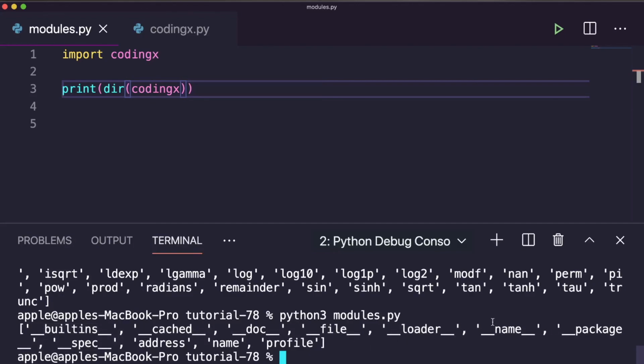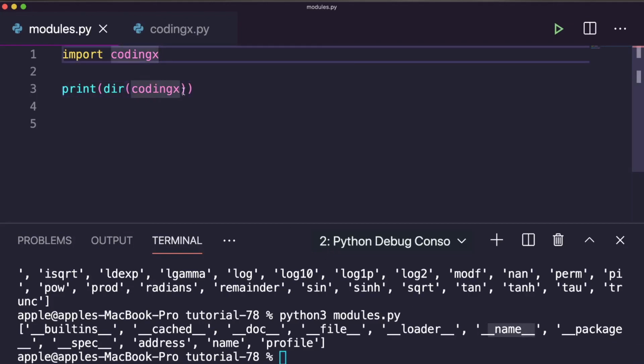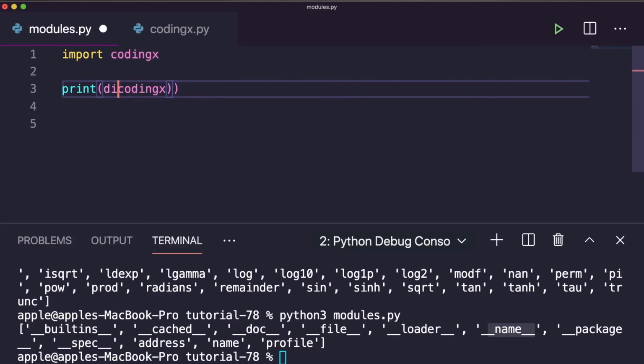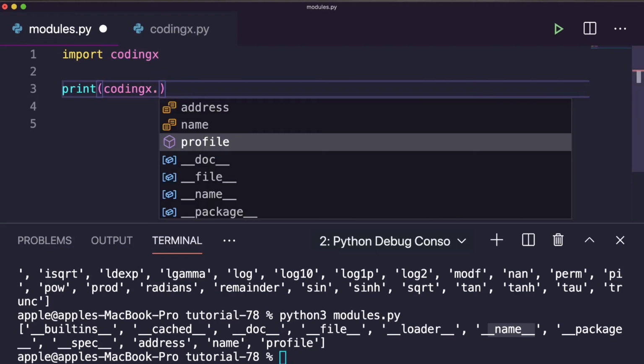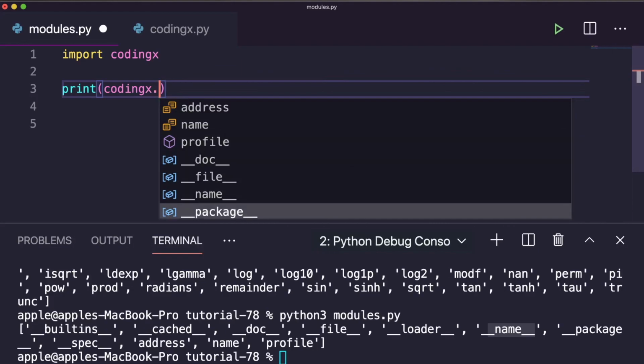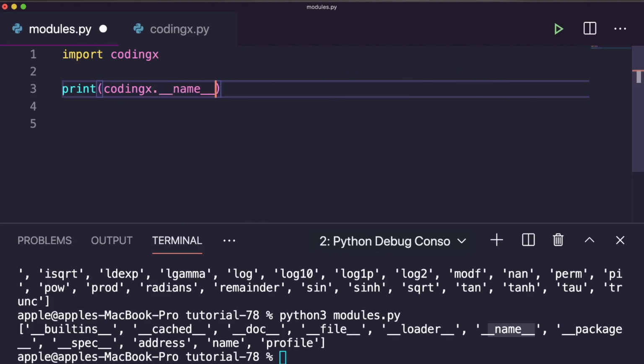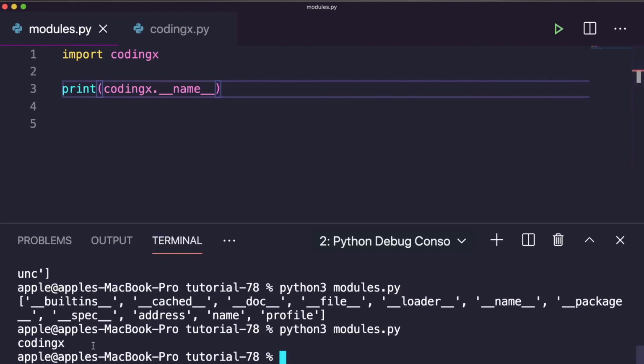Okay, so if you want to get the name of this module, you can use these built-in attributes. So here you can execute this one to get the result codingx. This is the module name that you want to print.